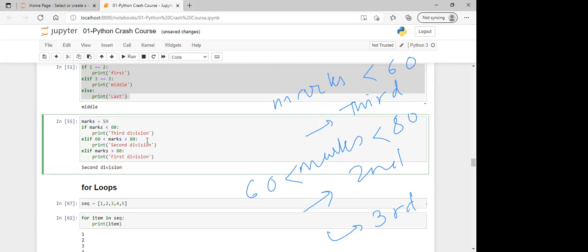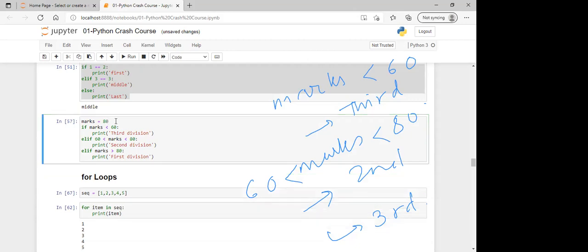So even if I give 59, it will give third division. I have defined it as 60. If I give 80, then it will show second division, not first division. If you include is equal to 80 in the second condition, it will print second division.